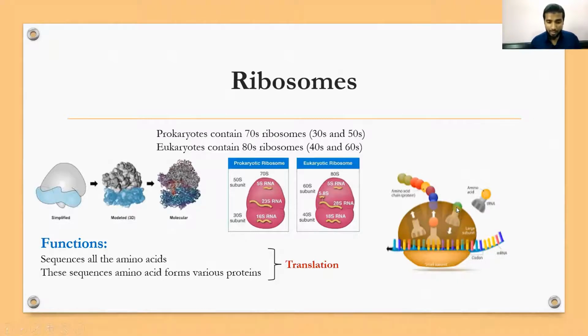In the same way, this tRNA attaches here, the amino acid comes here and goes up. The other one comes here, attaches here, that amino acid gets attached here and again goes up. Similarly, another tRNA comes here, this amino acid goes and attaches here, and this will increase the chain. So a sequence of amino acids is called a protein, right?